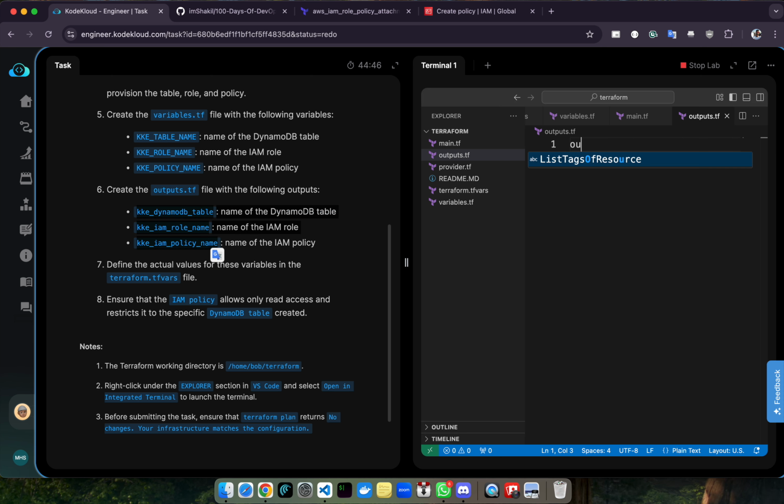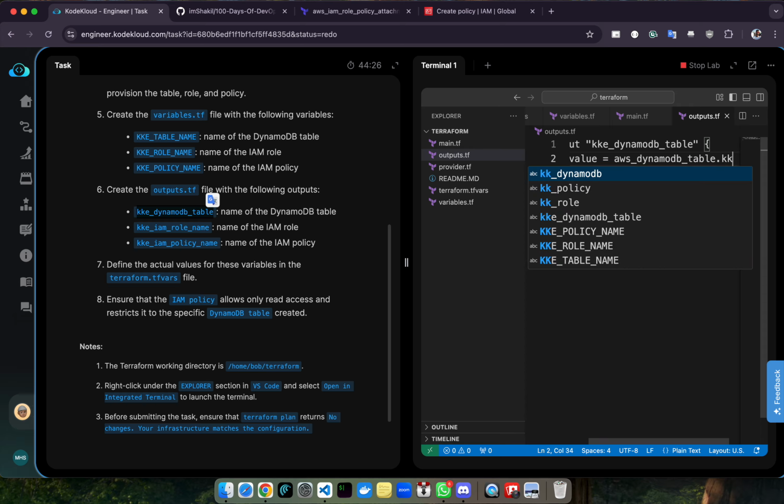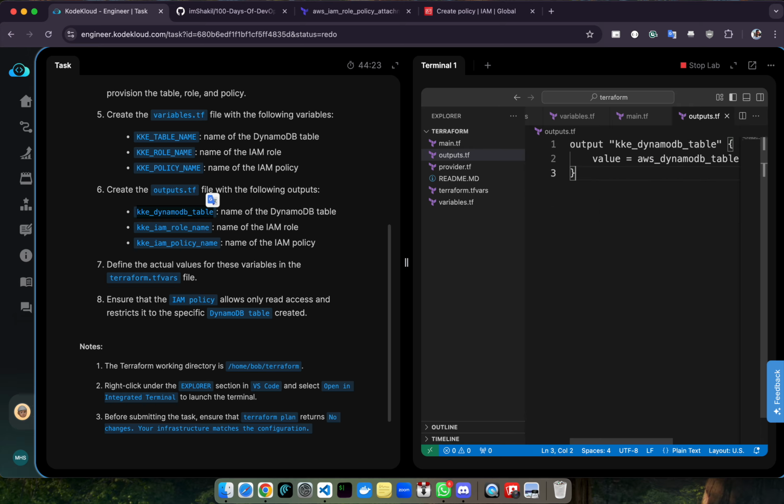So let's set output, then copy this output name, kk DynamoDB table, and the value should be the name, aws_dynamodb_table.kk_dynamodb.name. Okay, same for the other, kk IAM role, and the value should be